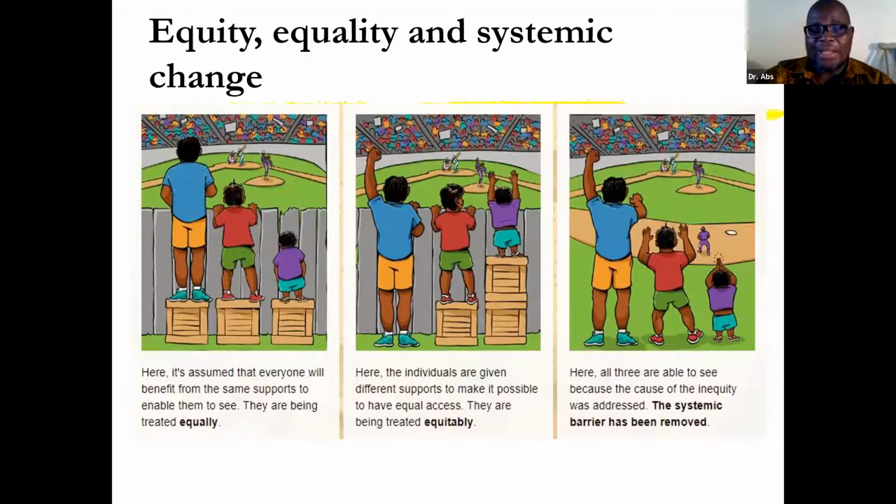And so how do we change these barriers? Well, we do that by making sure that we provide two boxes for the shorter person. Now they can see what's going on over the fence. But most importantly, the systemic change that needs to happen is to just remove the fence. That way everybody is equal and equitable, right? And I think this is what we need to do for full participation of persons with disability in society. Final two slides on my application, please.